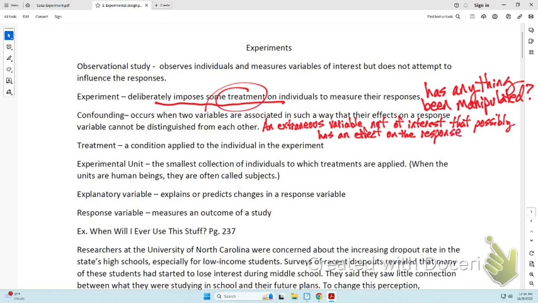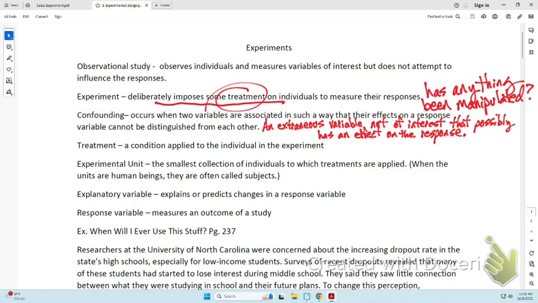So there are always other variables out there in the room, in your experiment, whatever it is you're conducting. There are always potential variables that could change things, change outcomes. And so if you do an experiment and you don't control for these extraneous variables, then the experiment becomes confounded. So it starts out as being a potential problem, and then it becomes a problem if it's not handled, if